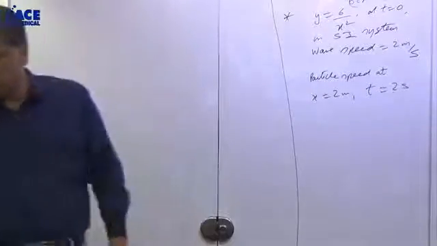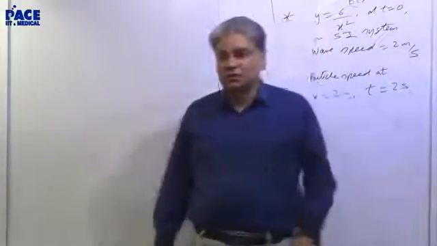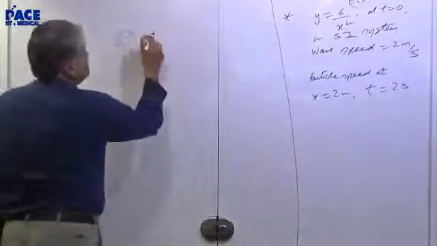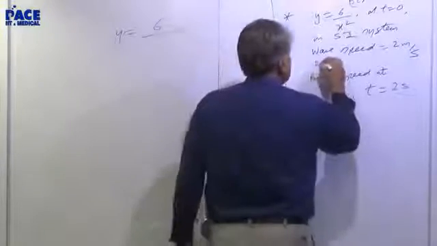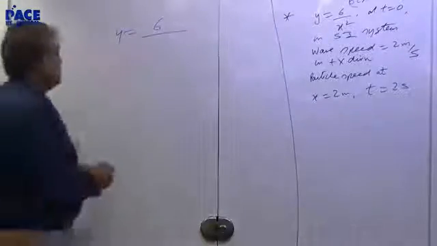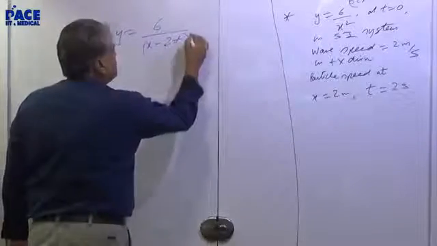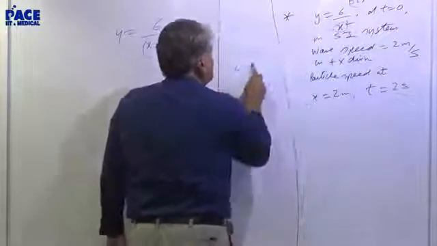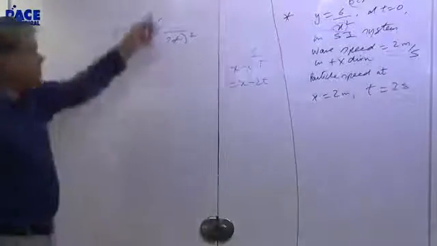So first of all, what is the wave function? This is the function at t equal to 0, which means what is given to you is again a snapshot. So what will be the wave function? Give me the wave function. x plus minus ct. I haven't given you the direction: it should be going 2 meters per second in positive x direction. Now can you tell me? x minus ct, but what is ct? 2 into t. It will be y equal to 6 by (x minus 2t) the whole square, is it okay? Yes sir. x has been replaced, replace x with x minus ct, which is x minus 2t here because c equals 2. You got this?